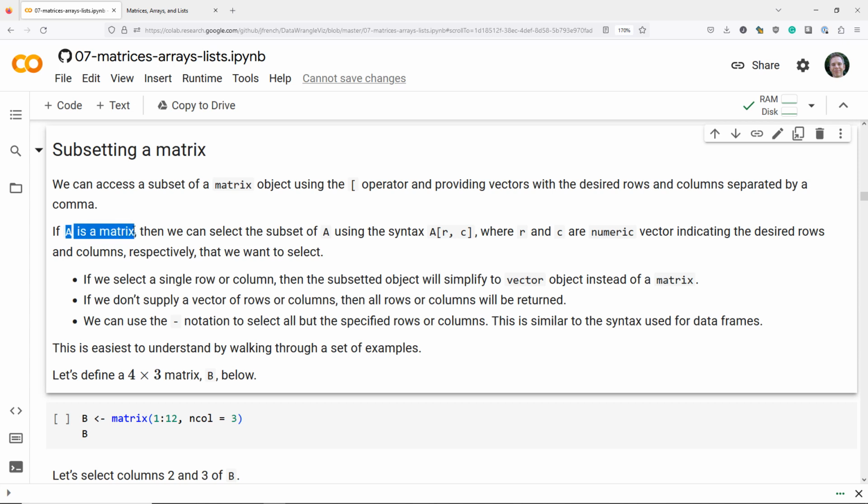So let's say A is a matrix, then we can select a subset of A using the syntax A, and then you see we have the two square brackets here, and then R comma C. R is going to indicate the rows that we want to obtain, and C indicates the columns that we want to obtain. So we're going to extract almost always kind of a square section or a rectangular section of our